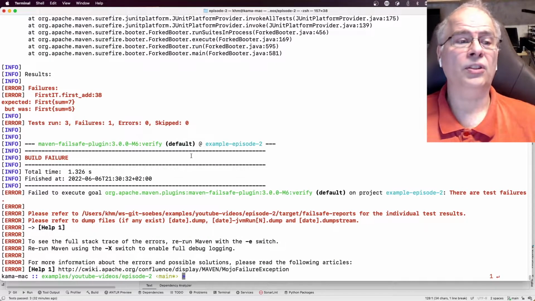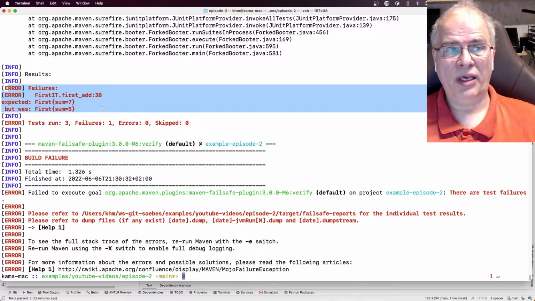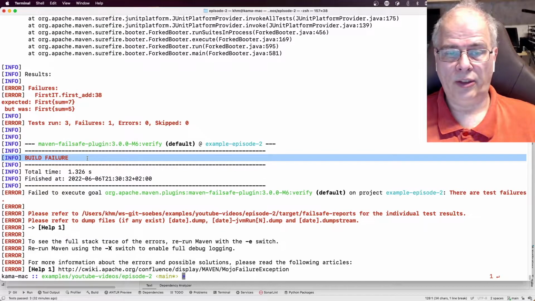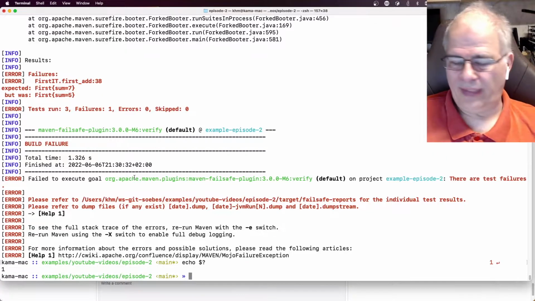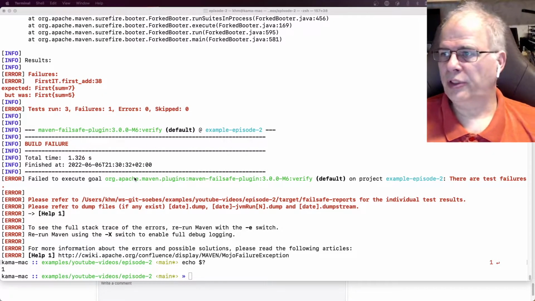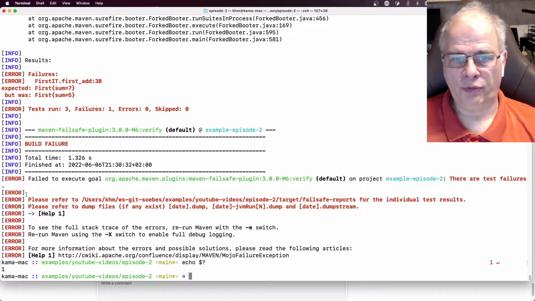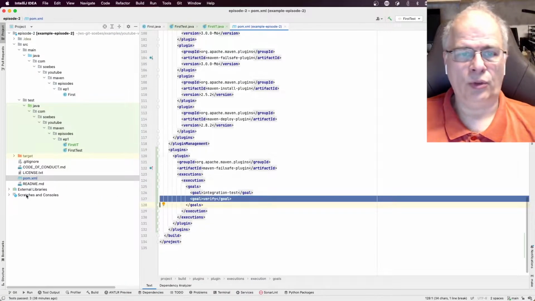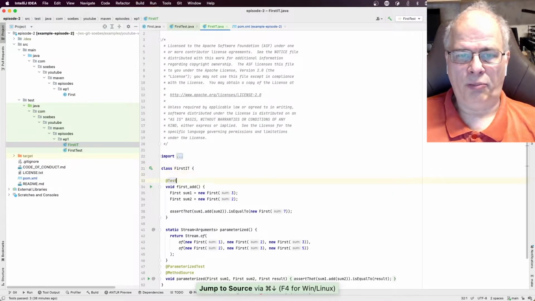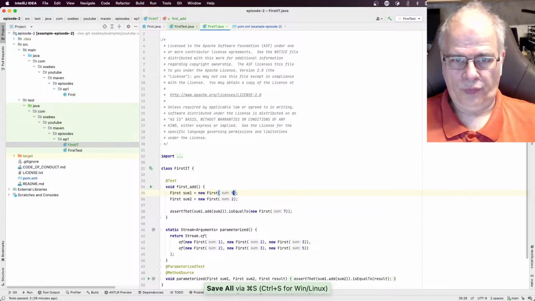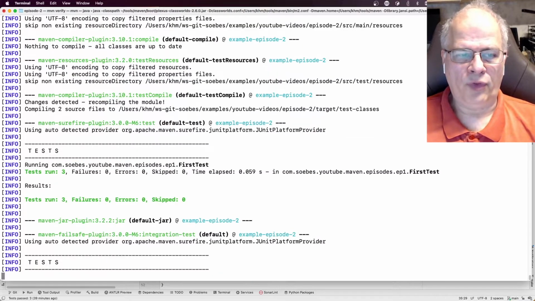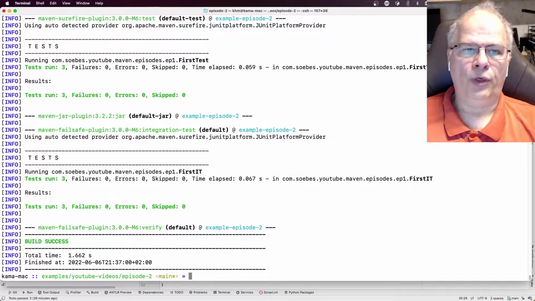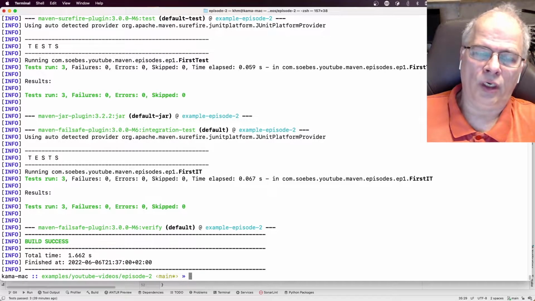What you can see here is that the output for the error is the same as expected, but what is different now is that we have a result of failure. That means this produces a failure because one of the integration tests has failed. Let's repair our integration test first to get back to the normal configuration and normal execution. Going back to our integration test, fixing that back. So now we rerun the whole thing to see if everything is working well. The result is that we are running our unit test as well as our integration test, and the